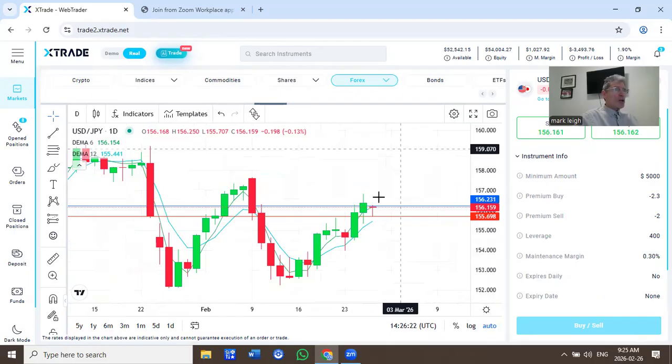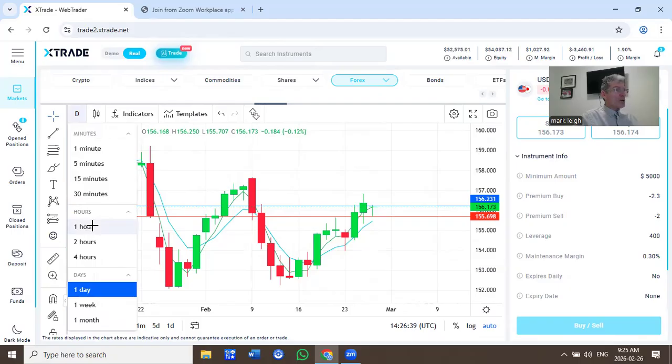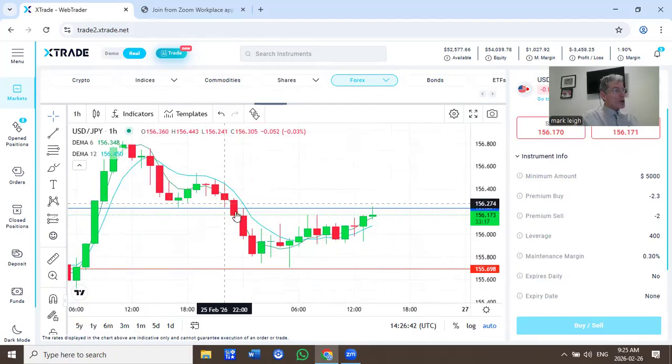And you can see strong US dollar again. It was sold off earlier. There's the wicks left behind. I've got resistance at 156.23. I've got support at 155.69. If I zoom in on the hourly, we'll see the earlier sell-off. There you go. But you can see US dollar fighting its way back now and sitting close to the resistance level at